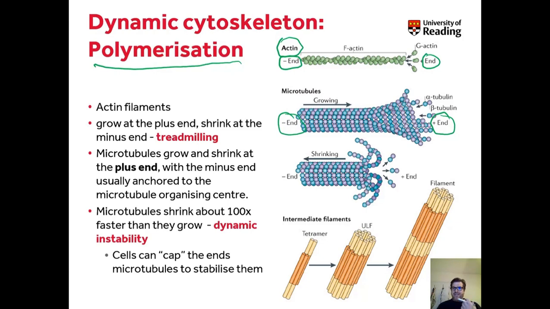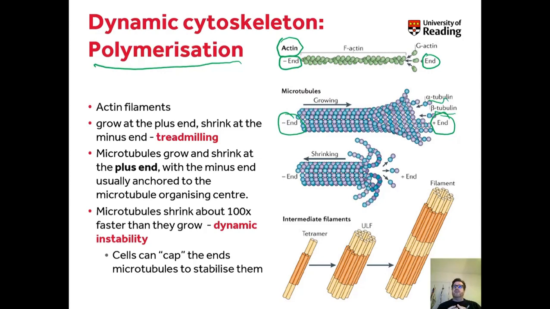Okay, so when the cells are growing, then the two monomers, alpha tubulin and beta tubulin, join together and start adding to the plus end. During the shrinking phase, those dimers start to unwrap and pop off. Okay, so this is what we call dynamic instability